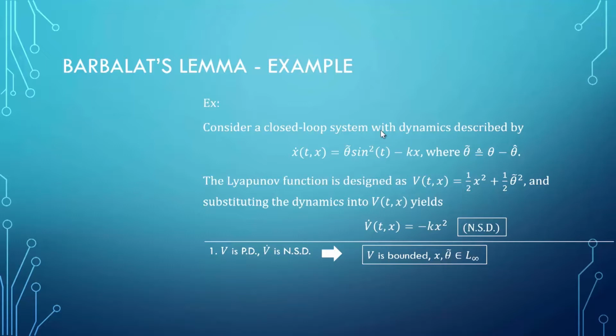Can V increase? No, because the largest value of minus k squared is 0. 0 means V dot is 0, which means the worst case is V is constant, right? Either V decreases or V holds constant, right? It cannot increase. So V is bounded. So if V is bounded,